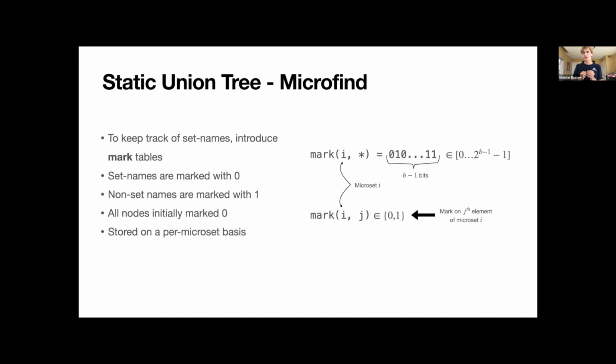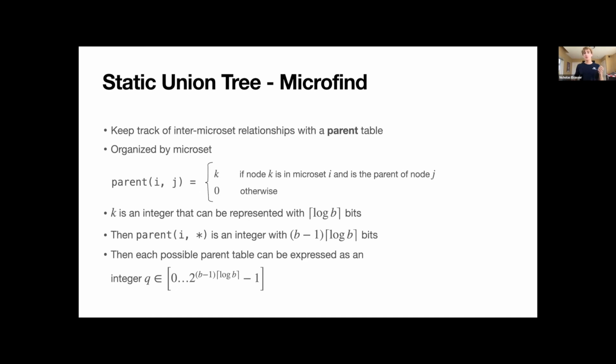And so, kind of clearly, each microset has up to b-1 elements. So therefore we can represent each mark table as a bit string of b-1 bits. So therefore it can be an integer within this space shown here. And so when we initialize these mark tables, we'll initialize them all to 0 because every single node will be its own set. Okay, and so then the next table we'll create is called the parent table, which holds these